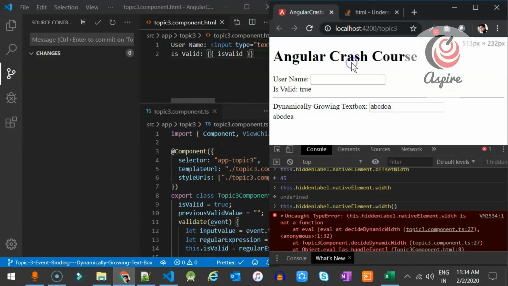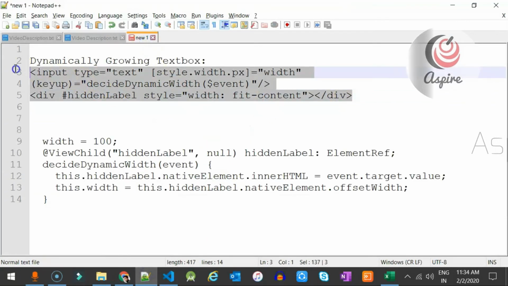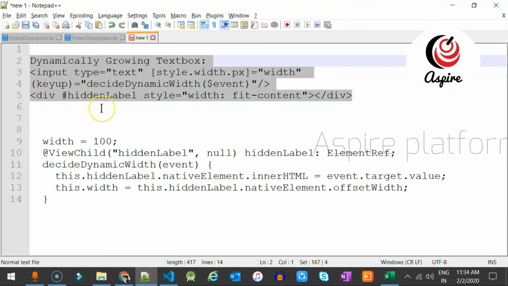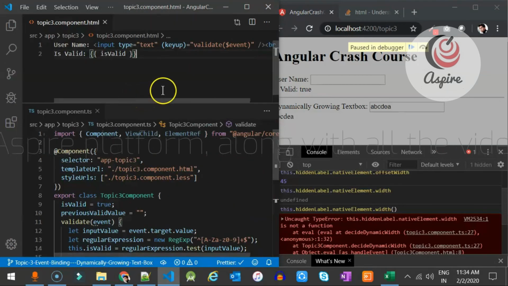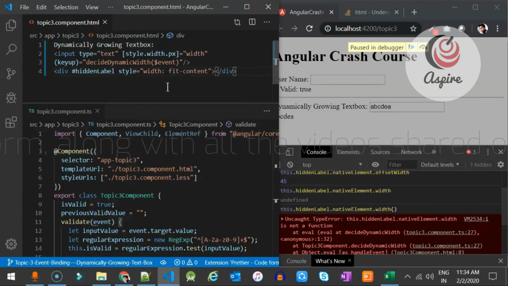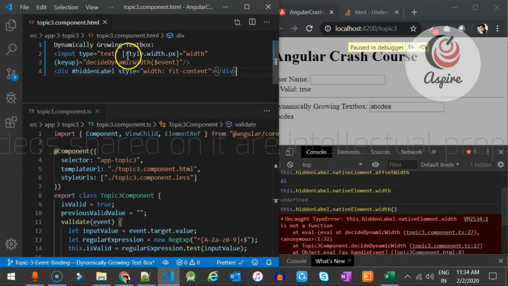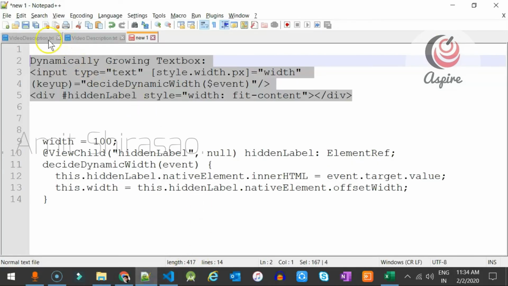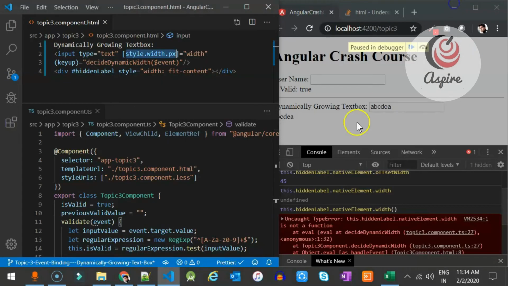To save the time and length of our video, I've already coded for it. See, this is how your dynamically growing text box will look. It will basically be an input type equal to text. Here, style with px. Now what is this? This is also property binding, but people more generally call it style binding, which we'll be seeing in this particular tutorial. So yes, we are using style binding